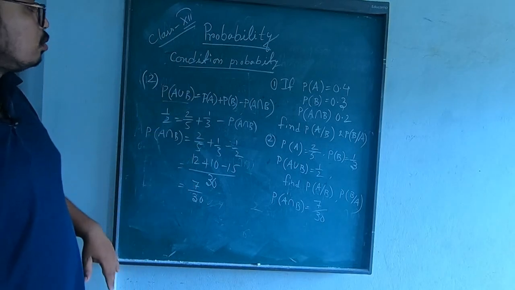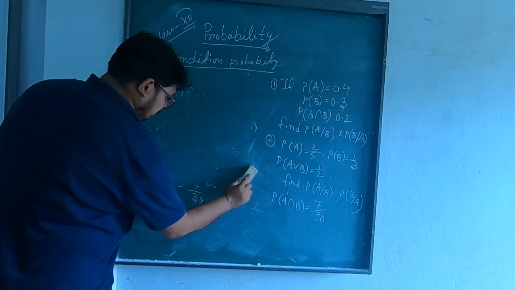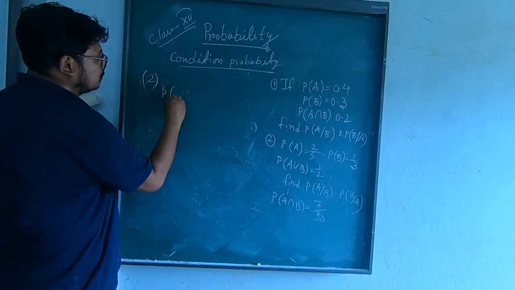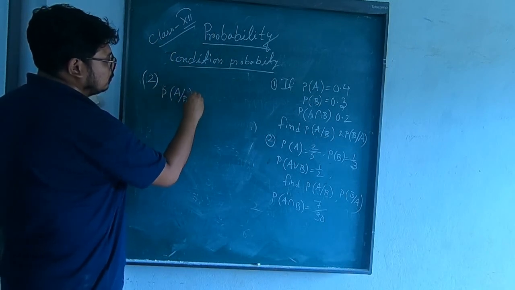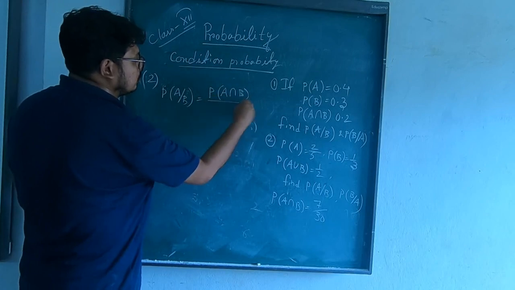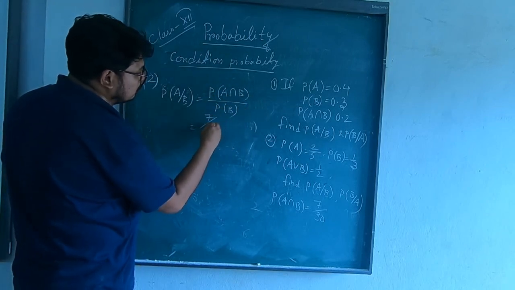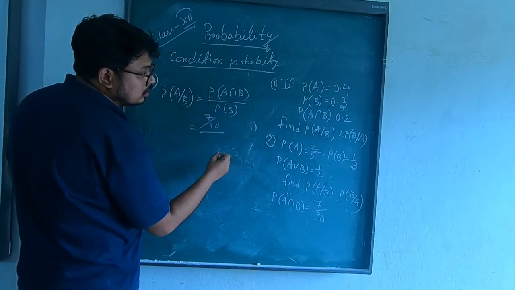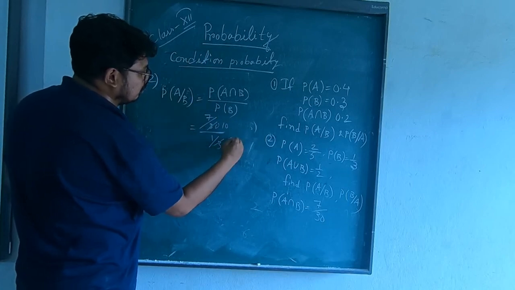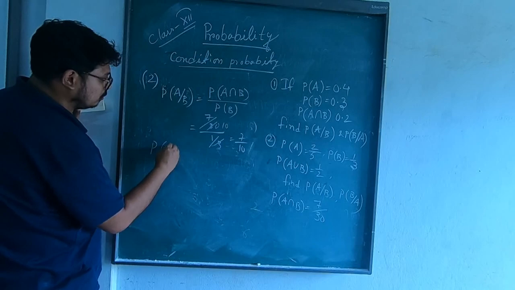Now we will use the previous formula. We can solve it. Clear? The values are 7 by 30 and B is 1 by 3, then you will get 7 by 10. Same way, P of